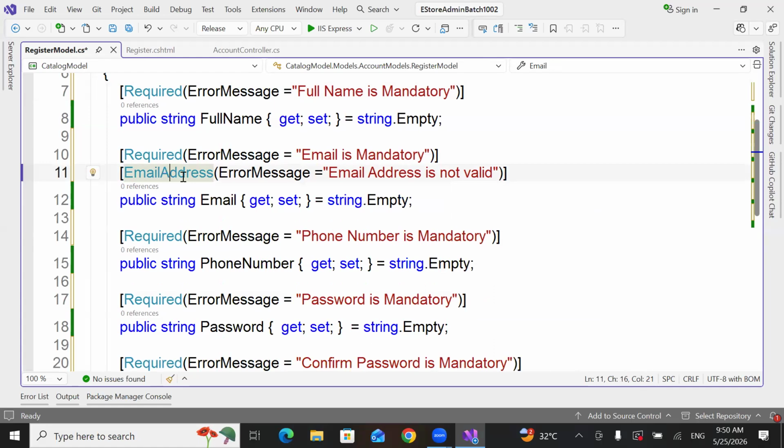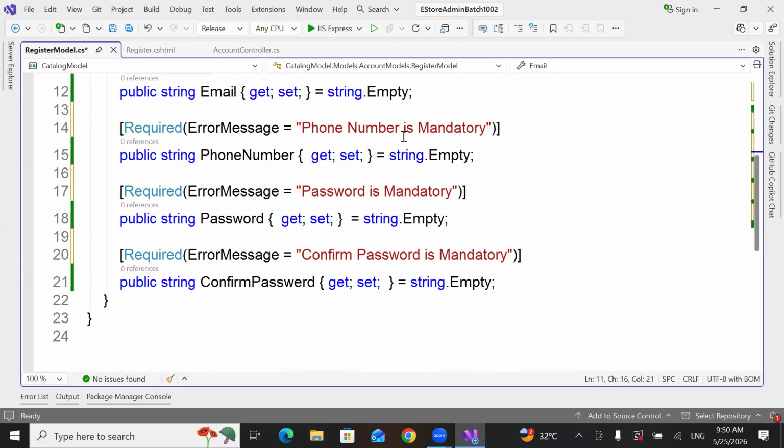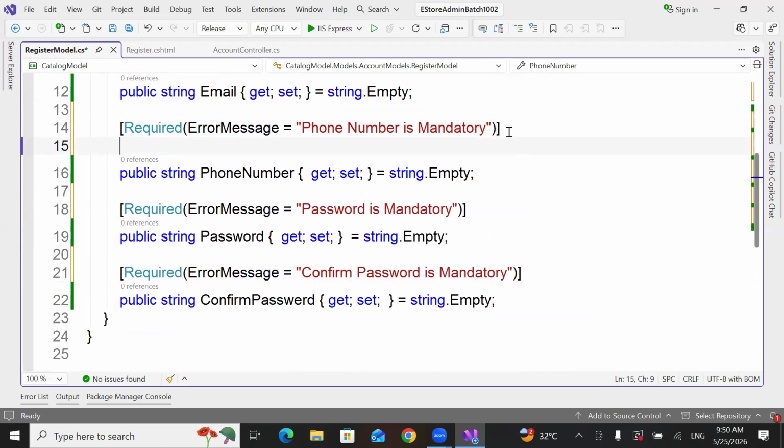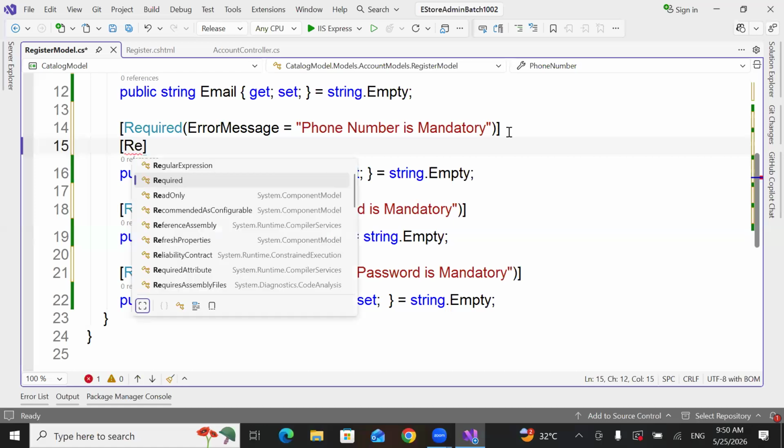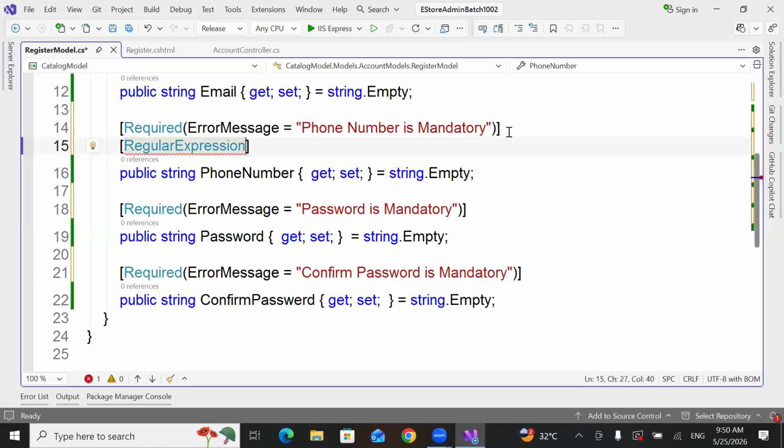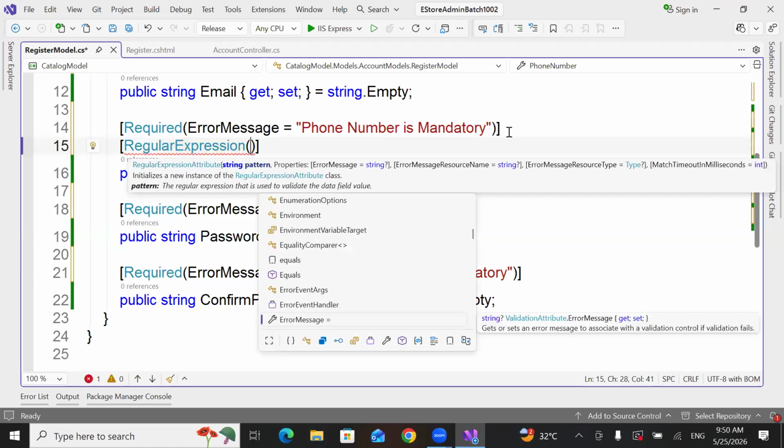Okay? Understand or not? Now you need to have a phone number. In the phone number, you are going to give a regular expression. In this regular expression, you are going to say